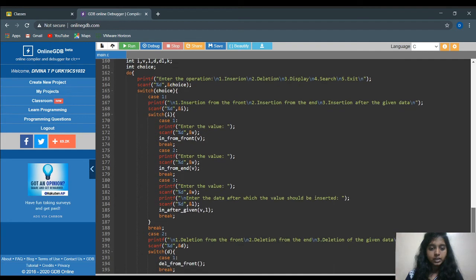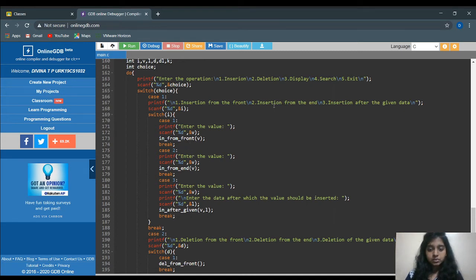So the main part, in this you will get a menu first of insertion, deletion, display, search and exit. If we choose insertion, it will ask whether you have to insert from the first or from the end or insert after a given data. If we give 1, insert from the first, it will go to the in from front function, right, the void in from front that we initialized, and execute that part.